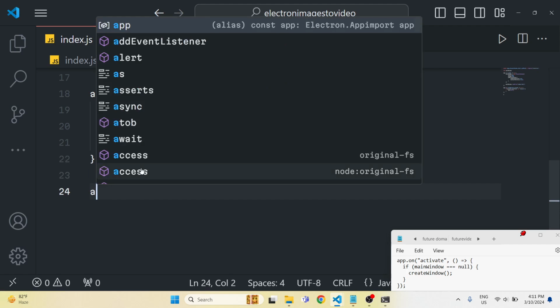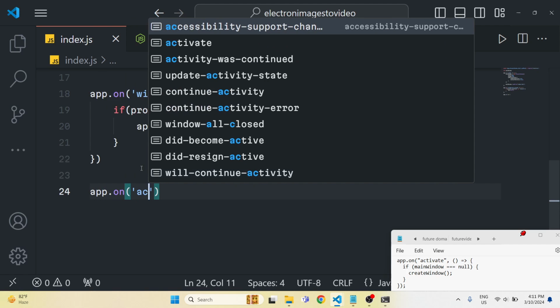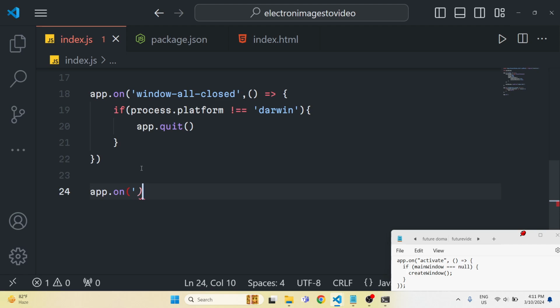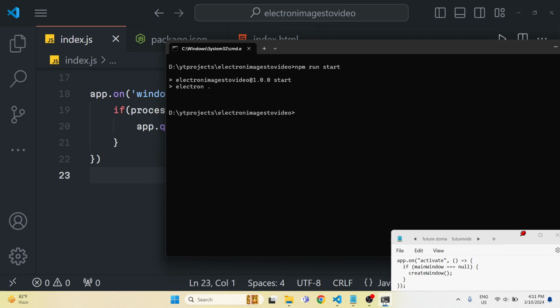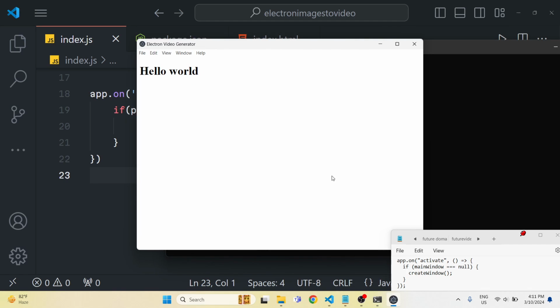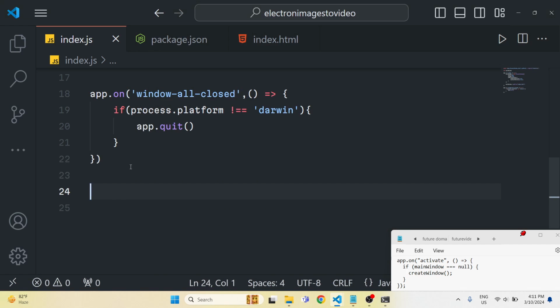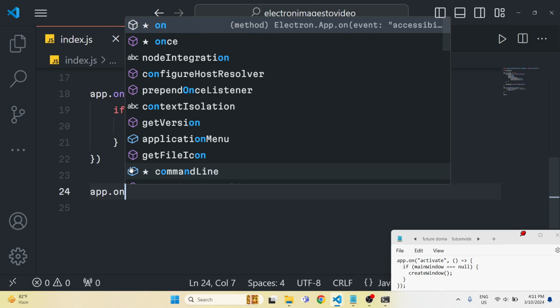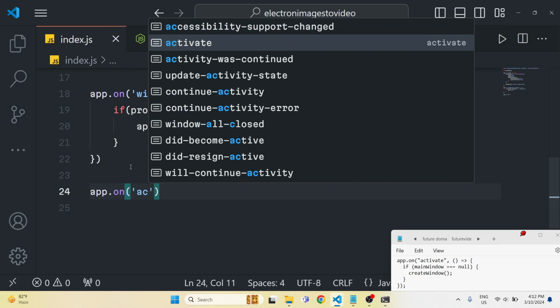And one more event that we need to write is the activate event. If you don't write this activate event, guys, let's suppose you run your application and you minimize it, and then if you try to open it again, in certain cases it doesn't work. But we do need to write this activate event as well, which is app.on activate,